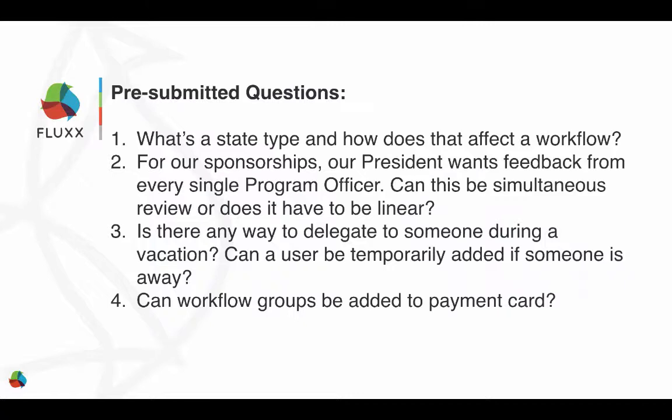Workflow can be added to almost every model, not all models, but many models can have workflow, including organization, payment, reports. But this question is specifically asking about workflow groups, and the reason why I had to read it twice was because workflow groups is relatively new functionality that I often forget about. And so workflow groups are really awesome. It's a way to allow your users to filter based on a group of workflows instead of just one individual workflow. And you can configure that in the admin panel through the workflow area.